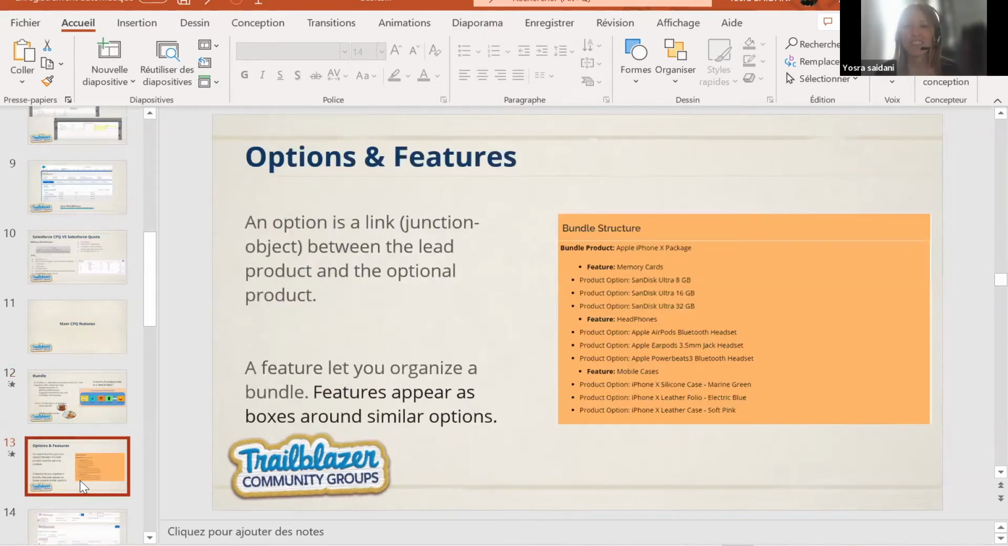The other features are product option and product feature in CPQ. So what is the product option? A product option record for each product is associated with the bundle product. One bundle can have many product options. The product feature is